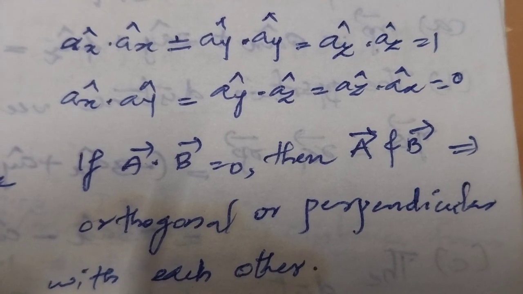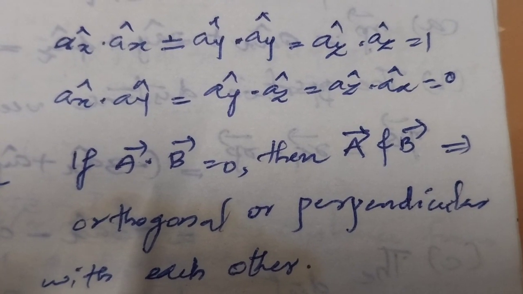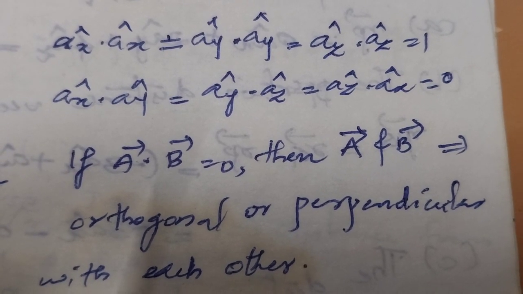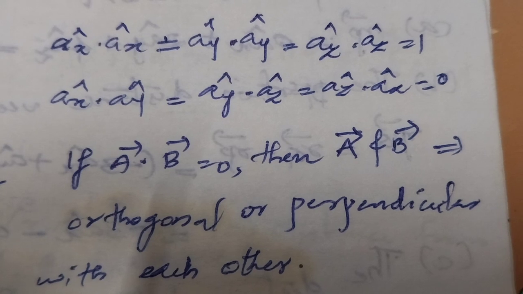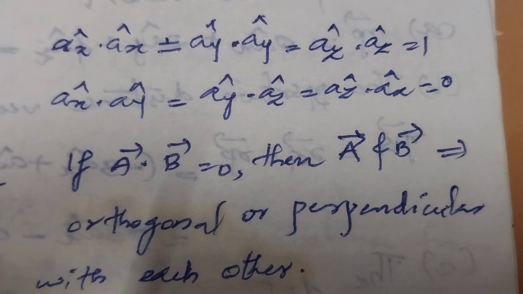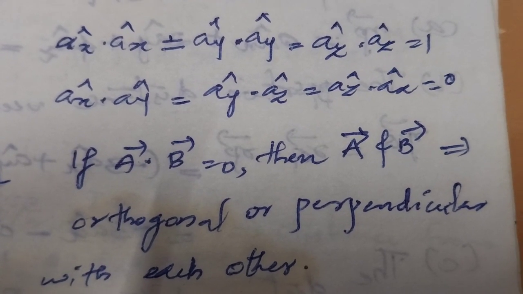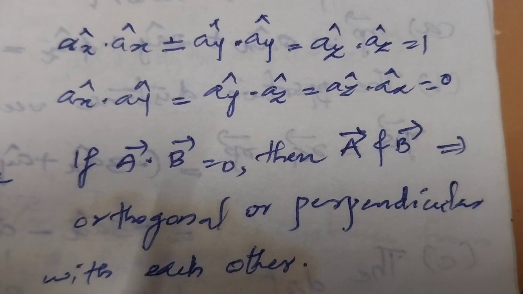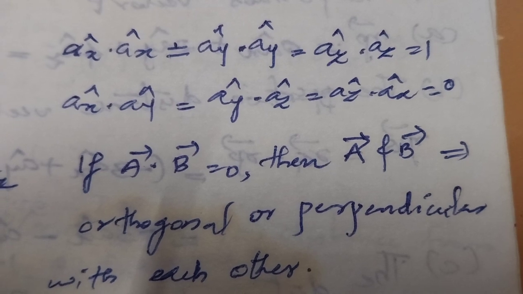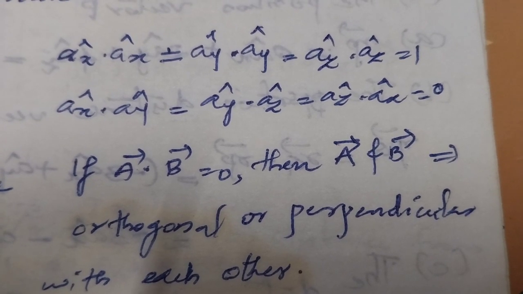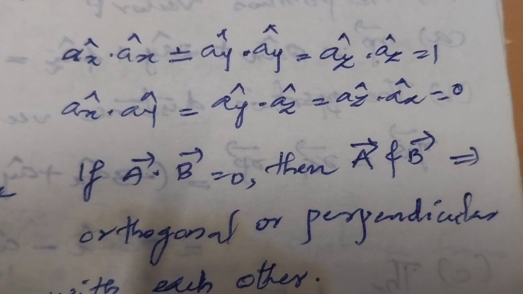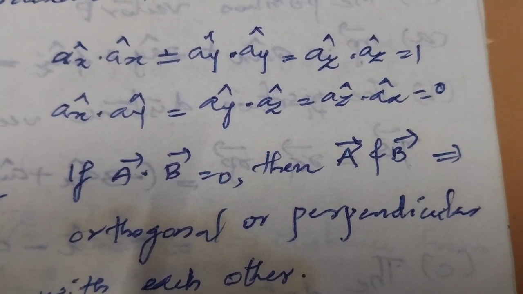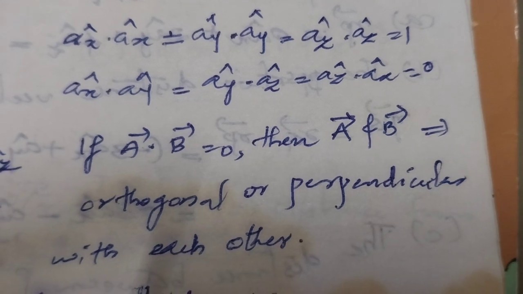Ax torque dot ax torque is equal to ay torque dot ay torque is equal to az torque dot az torque is equal to 1. Ax torque dot ay torque is equal to ay torque dot az torque is equal to az torque dot ax torque is equal to 0. If A vector dot B vector is equal to 0, then A vector and B vector are orthogonal or perpendicular